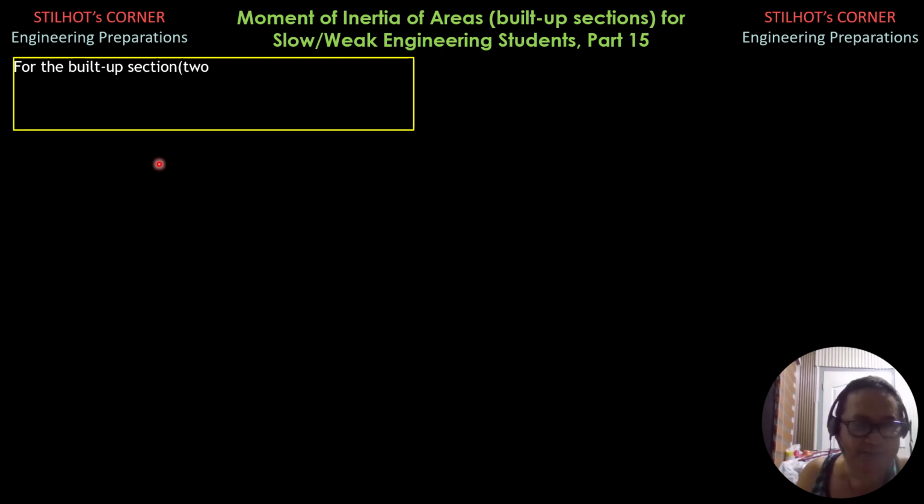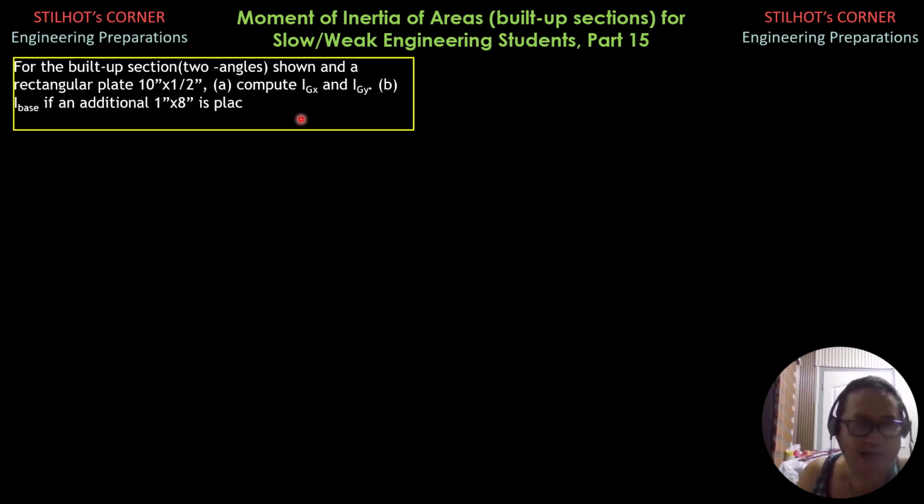So for the built-up section, we have two angles shown and a rectangular plate 10 inches by 1/2 inch. Compute IGX and IGY, the moment of inertia with respect to the centroidal X and centroidal Y axis. And letter B, the moment of inertia with respect to the base if an additional 1 inch by 8 inches rectangular plate is placed at the bottom as shown. It will be presented as I finish